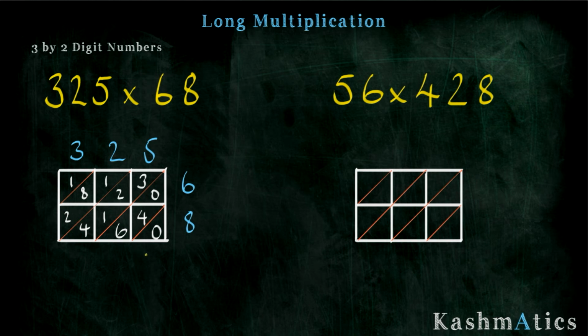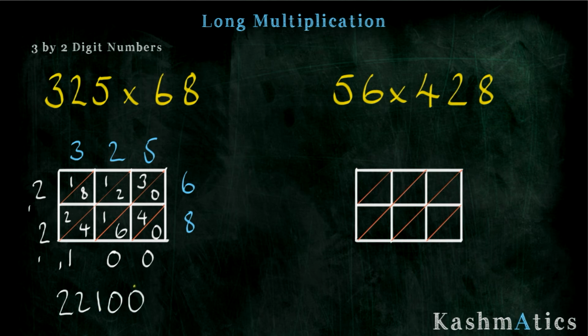Along here, we've just got a 0, but we still need to include it. 6 add 4 is 10, so 0 and carry the 1. 3 plus 2 plus 1 plus 4 plus 1, so 3 plus 2 makes 5, 6, 10, 11. Don't forget to carry the 1. 1 plus 8 plus 2 plus 1 is 12. Carry the 1, and 1 plus 1 makes 2. So the final answer is